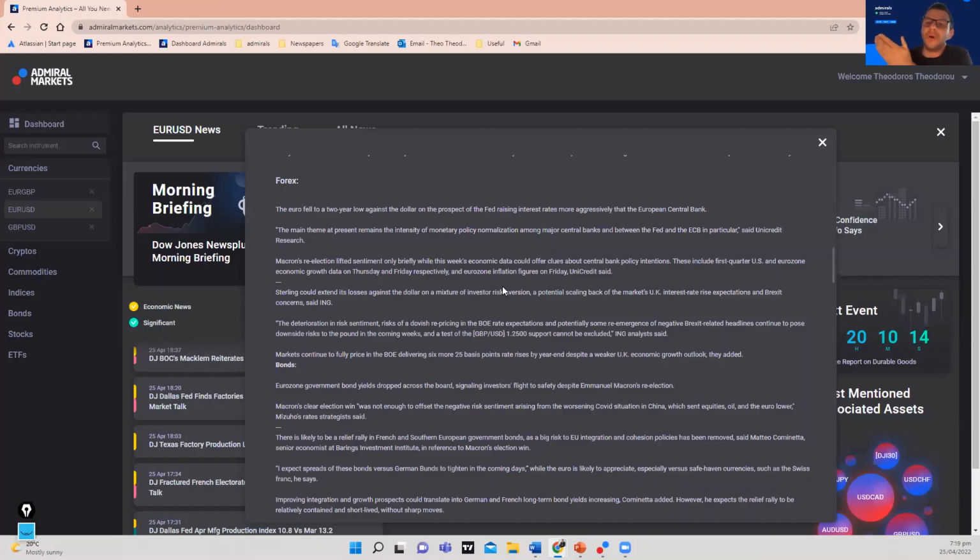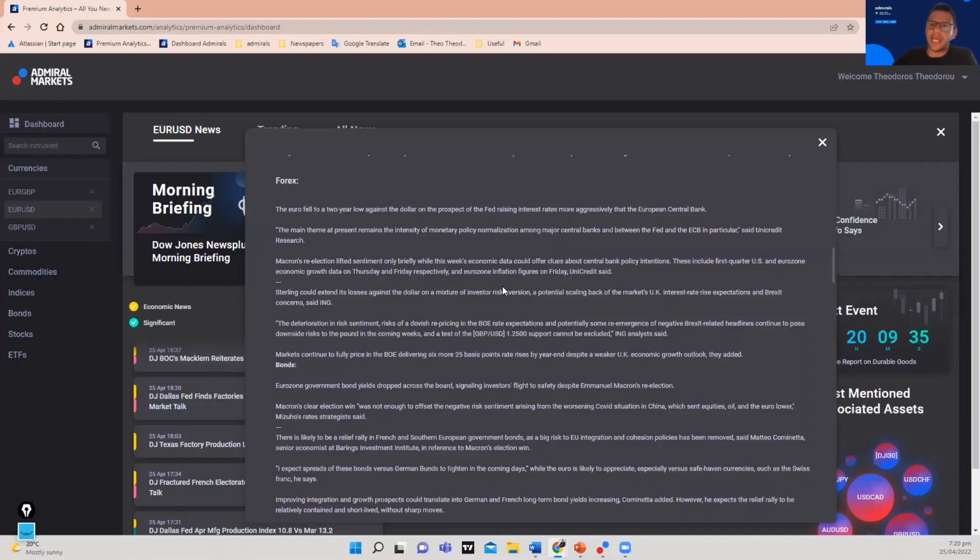The Fed is pushing to be more aggressive on their interest rate decisions, but on the other hand, the European Central Bank maybe is not going to go as high as the Fed. So are we going to see the same scenario, or is the Euro going to keep falling down or not? It's a bit difficult to make that conclusion. A good example at this point is, if you see the chart,